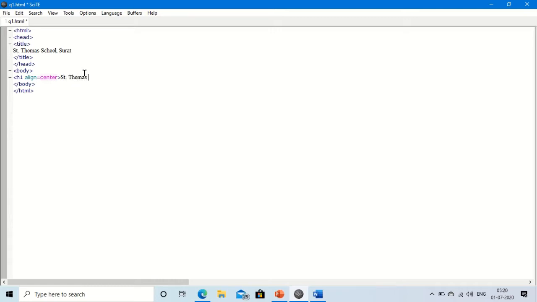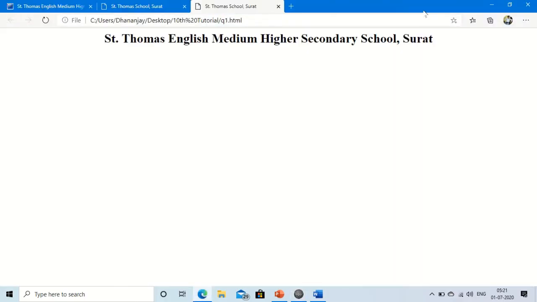Thomas School Surat. Better for you, give St. Thomas English Medium Higher Secondary School Surat, right? This is my heading. So let me close this H1 and let me save it. Let me press F5. You can see this is coming,